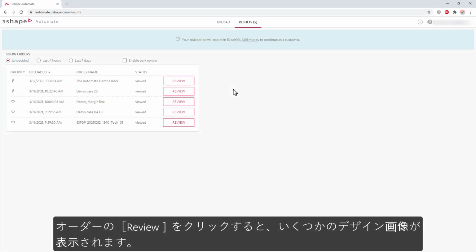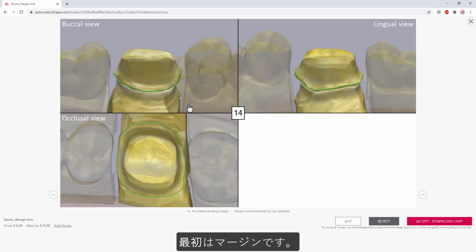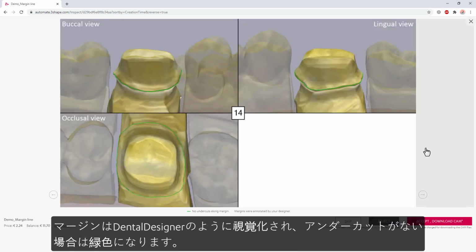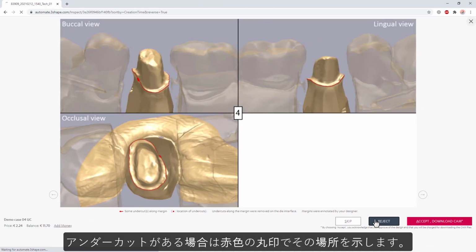When you open the order for the review, you'll have several images showing aspects of the design. The first is the margin. The margin is visualized as in Dental Designer, green in the absence of undercuts, red, if there are any, with